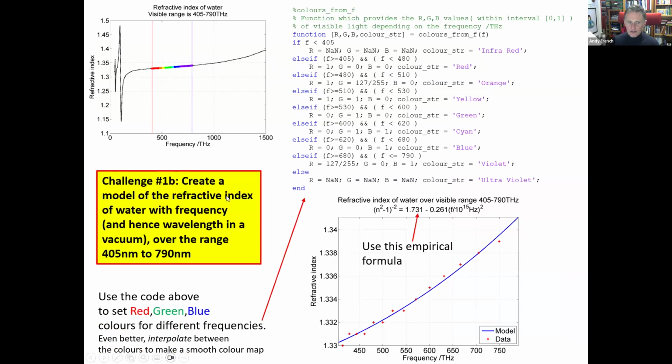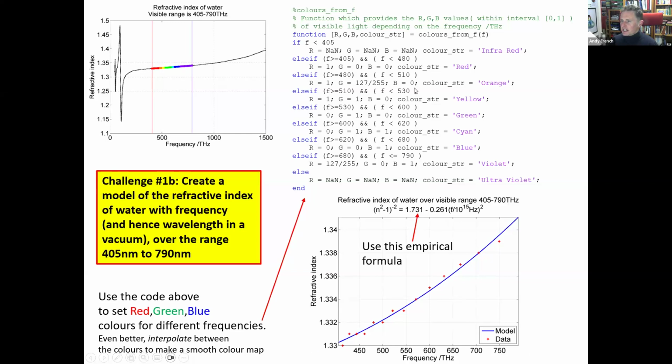So this one, for example, the refractive index of water, basically we have a formula for this. There's a formula for it at the top of the graph. Again, it's not something that's particularly trivial. It's actually an empirical formula based on some curve fitting. So that's the refractive index of water versus frequency in terahertz. So you can get used to plotting graphs, maybe with a nice title. That's something you can easily do in Python, Matplotlib, MATLAB, whatever. And of course, you could do all of this in Excel.